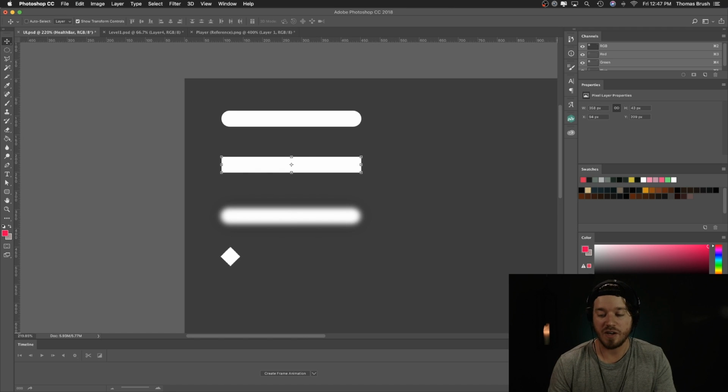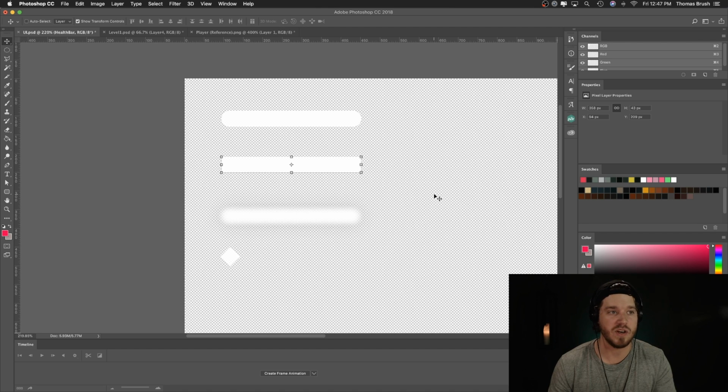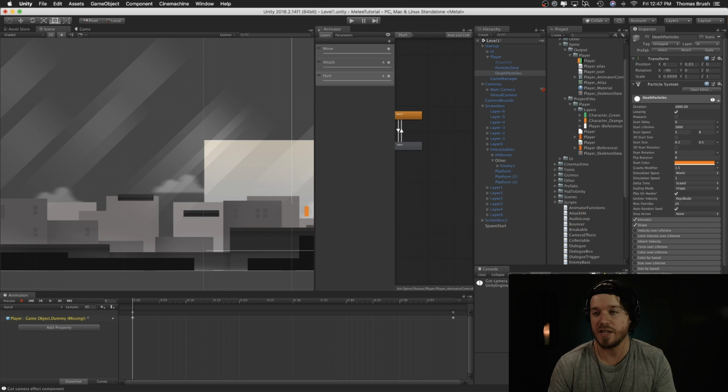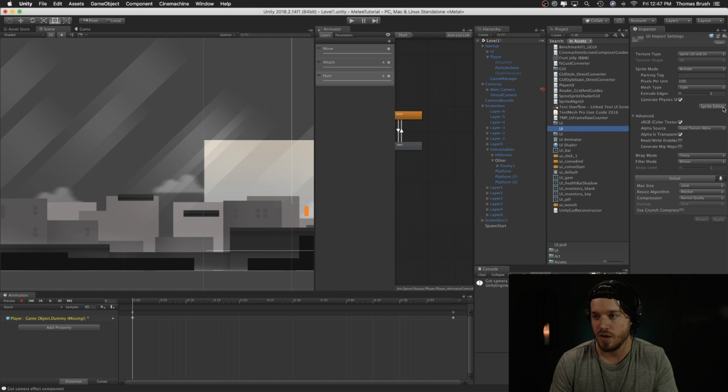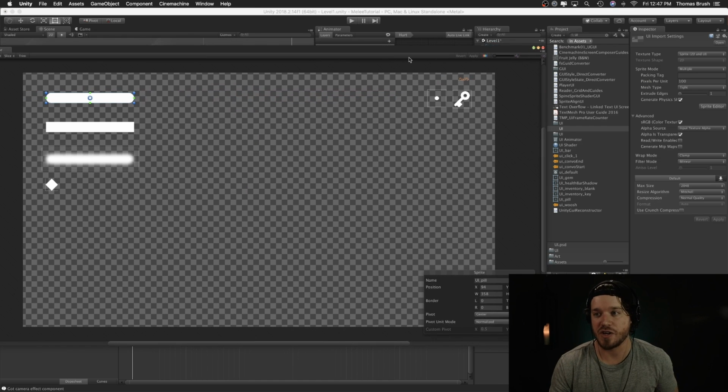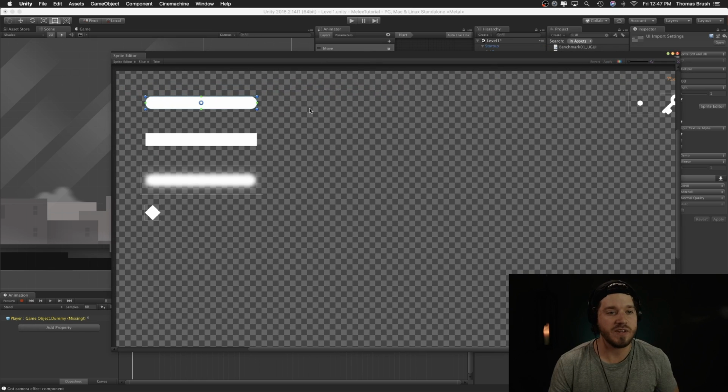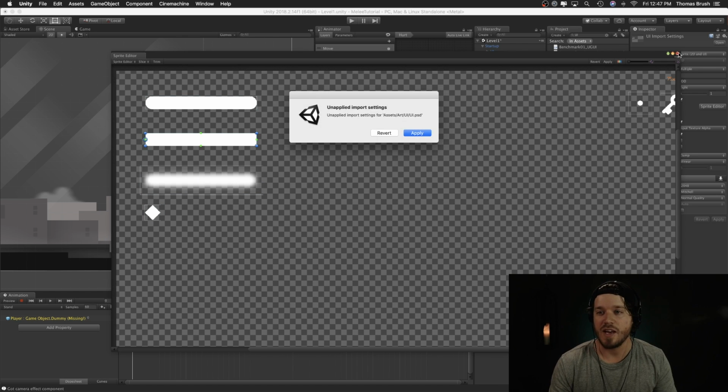Now, obviously, you want to make sure the background is disabled so that when you hit save and open up Unity, you'll see that if you go to our sprite editor and make sure it's set to multiple, you can see we have all these different sprites available to us now. You just have to draw these areas, name them appropriately. So that's the pill, that's the bar, and then all of our other elements, which we're not going to cover. You hit apply, and you'll notice